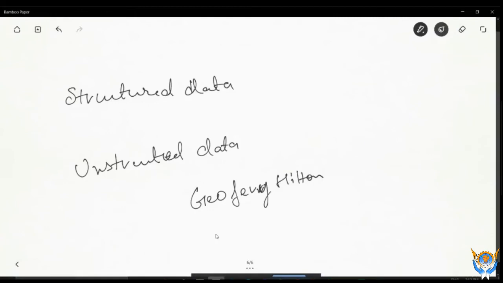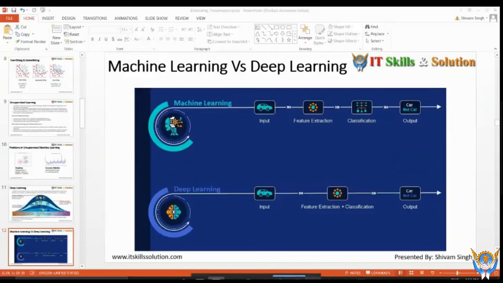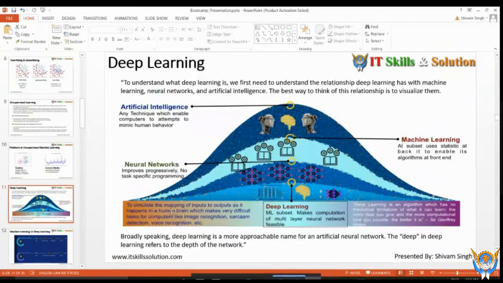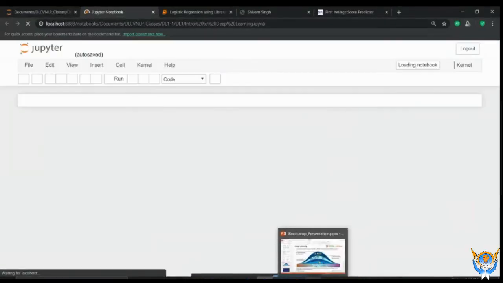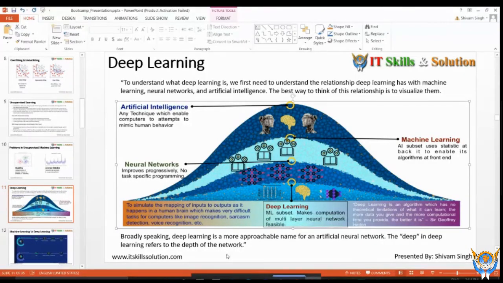And basically all these things in deep learning, why the name is deep learning, is because of this term neural network. So there is one thing in deep learning which is called a neural network. This neural network is a kind of structure which is having some depth for the model building process. That is why it is called deep learning.